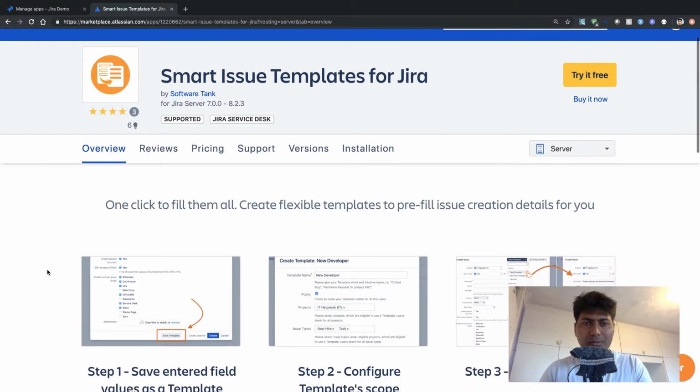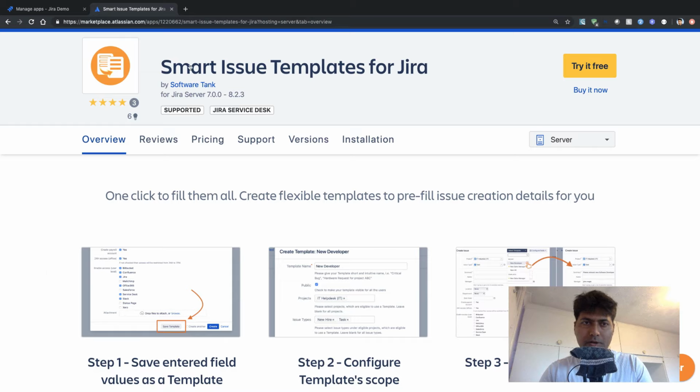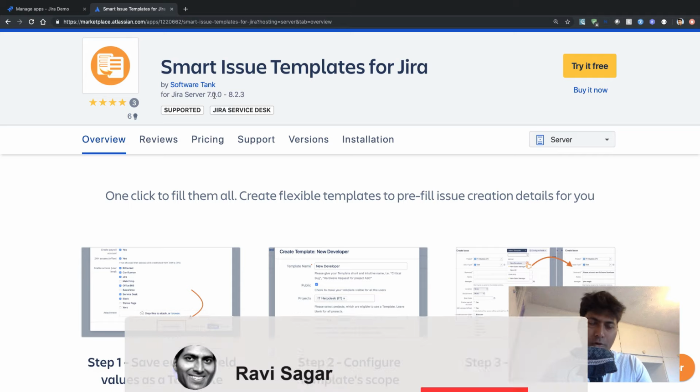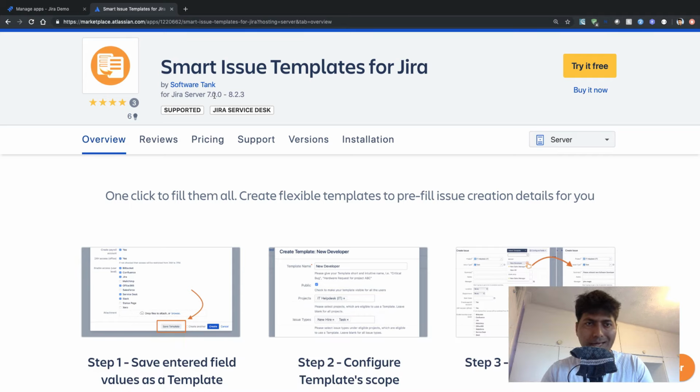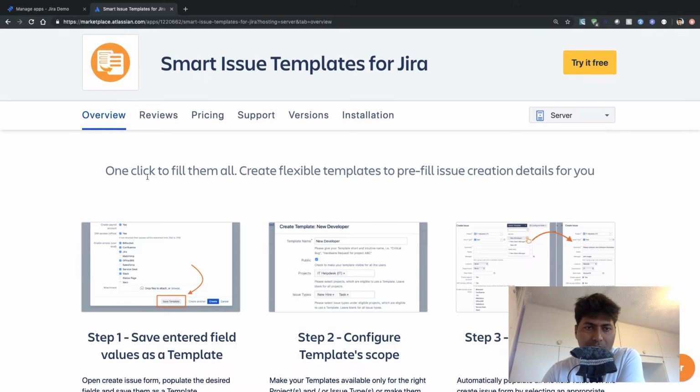When you look at the description, first of all, this app is supported on Jira 7 and also Jira 8.2.3, which is always good. And this app has been developed by a company called Software Tank. I don't know about them, but it seems like they are, or maybe it's an individual who has developed this app. If you look at the description, it says one click to fill them all, create flexible templates to